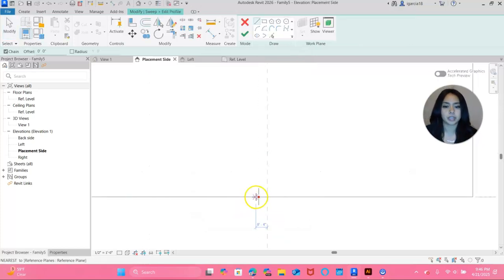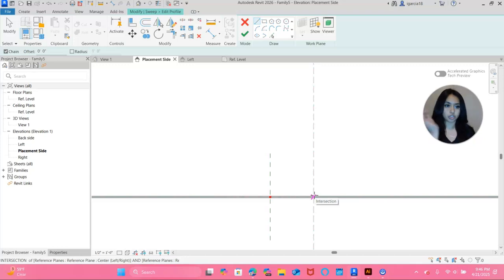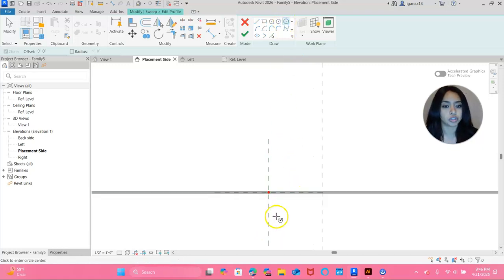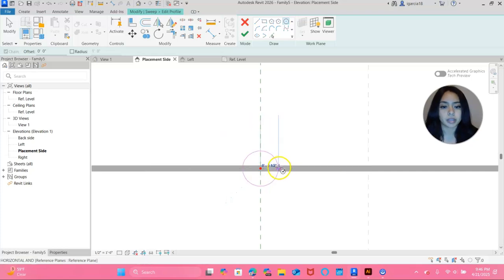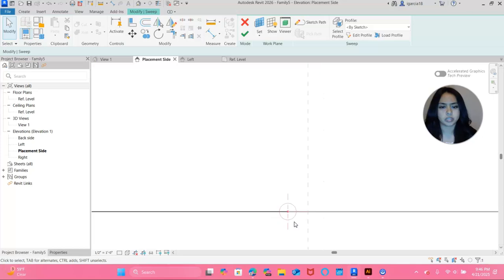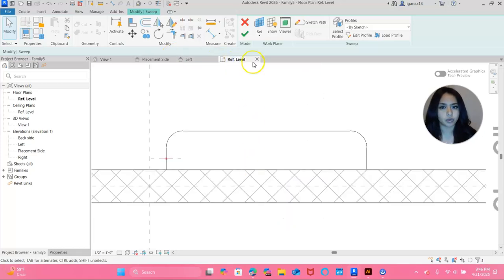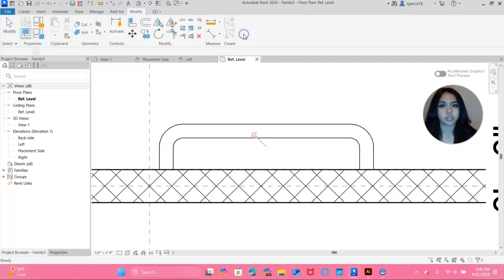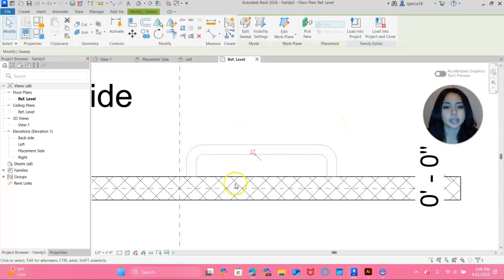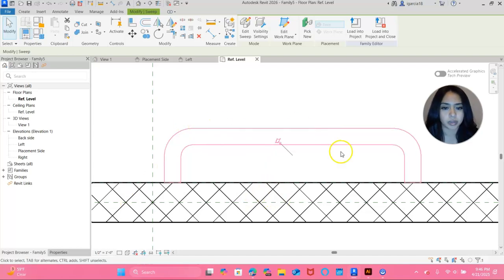Edit Profile is basically the sweep, whether or not we want the grab bar to be circular or we want it to be a rectangle in the way we grab it. So for this tutorial, I'm going to do a circular grab bar. And that is 1.25 inches in radius. Now in diameter, that would be 2.5 inches. And we're going to do the check mark. As you can see, now in reference level, we have that already in. I want to do another check mark, and now it turns pink